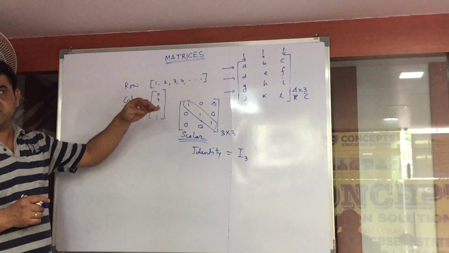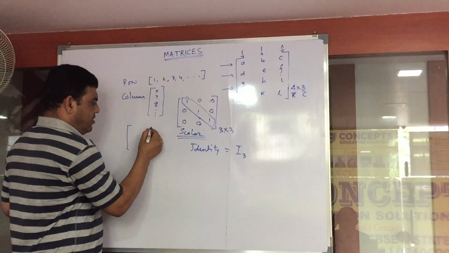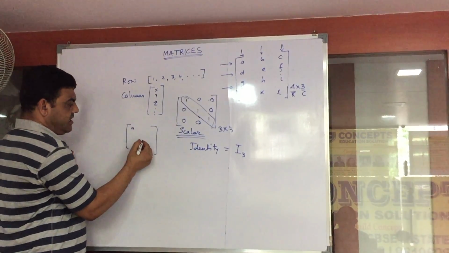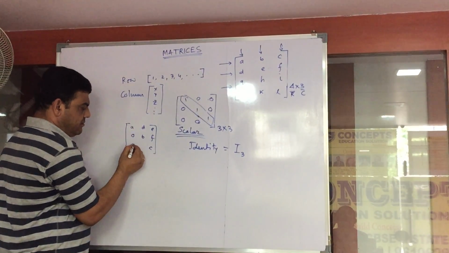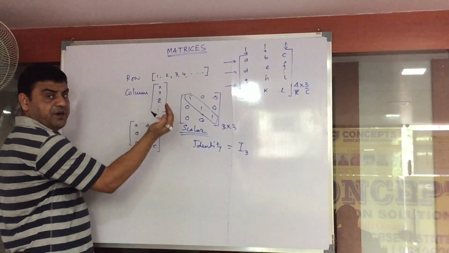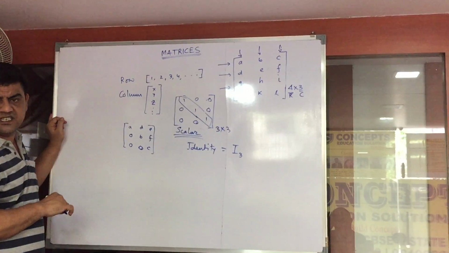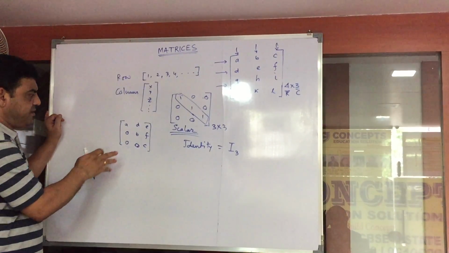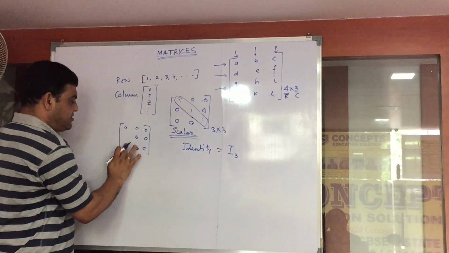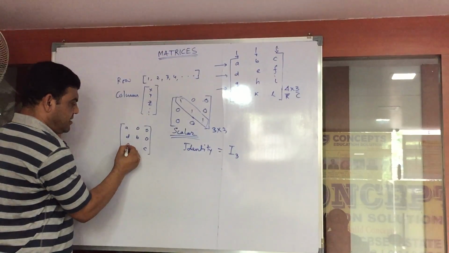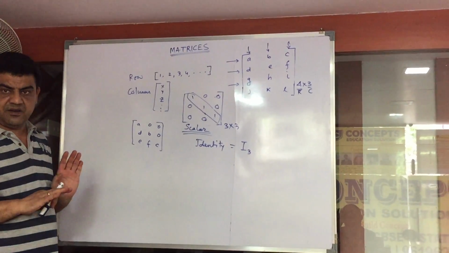Then we have two more matrices, the first being the upper triangular matrix. An upper triangular matrix has all elements including the leading diagonal, I can write like this. So the leading diagonal and all elements above that are non-zero numbers, then it is called an upper triangular matrix. The mirror image of it, that means these elements should be 0 and the other elements should be some finite numbers or functions. This is called a lower triangular matrix.